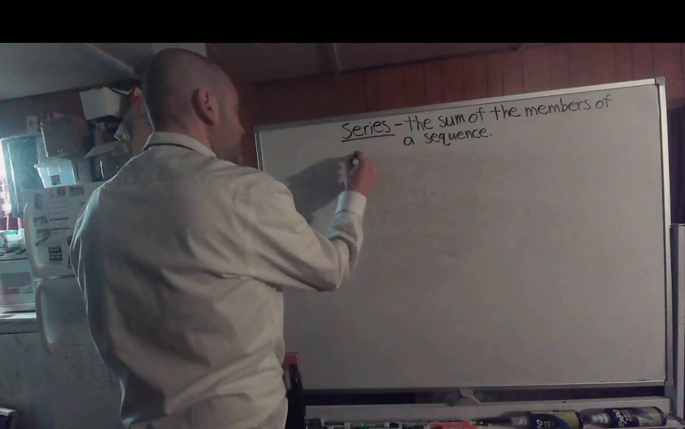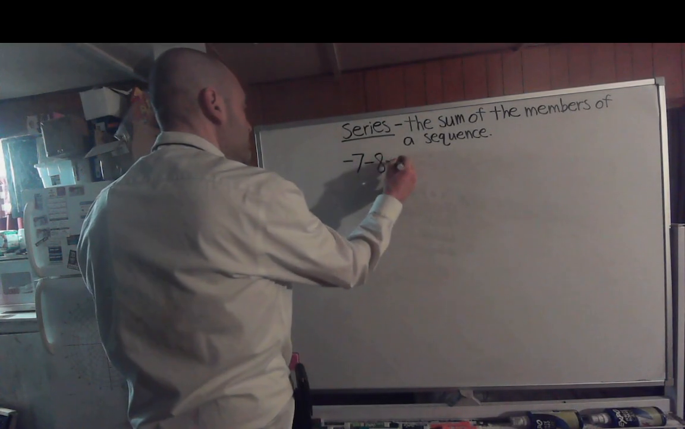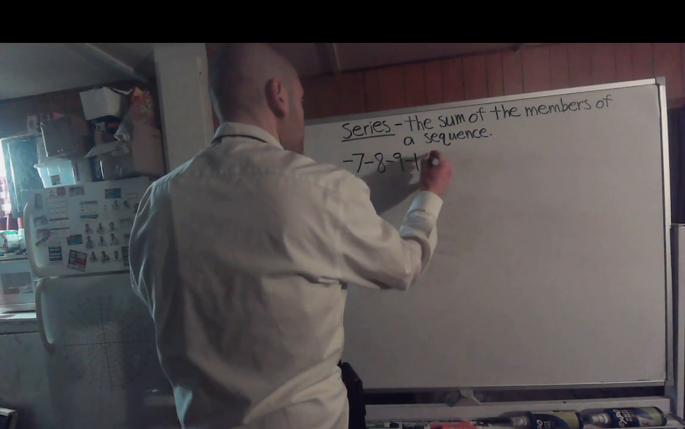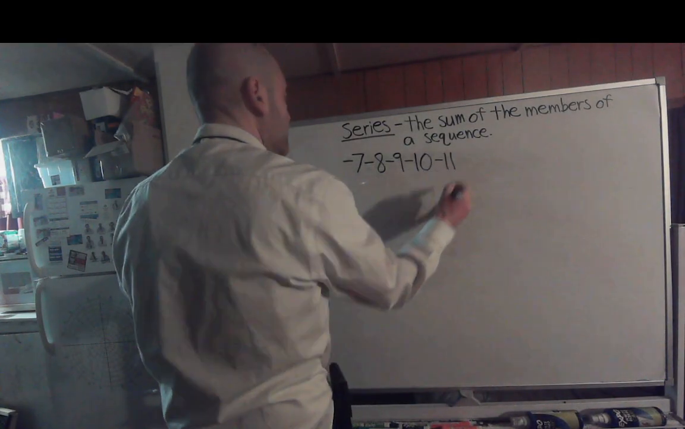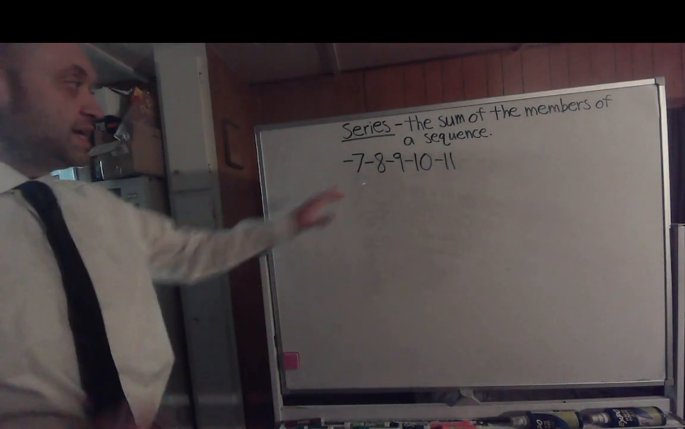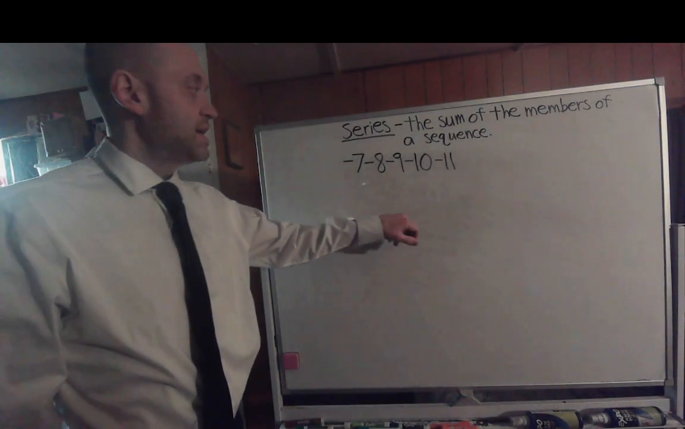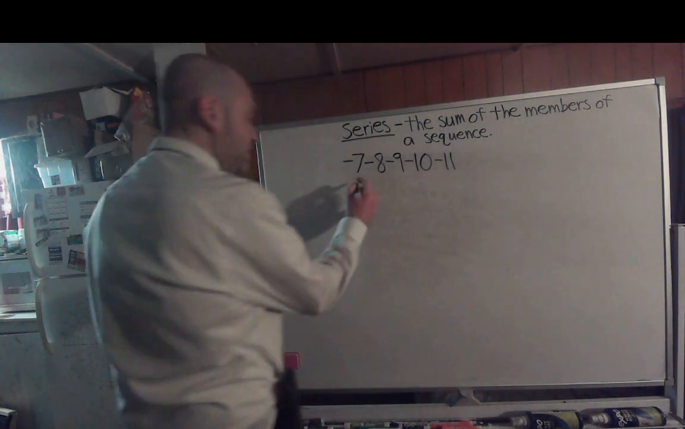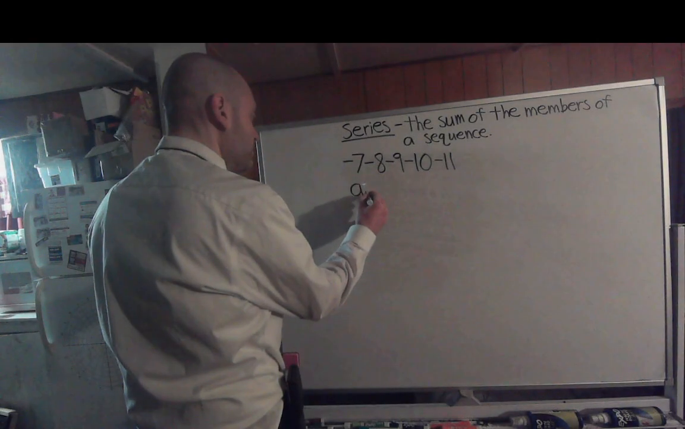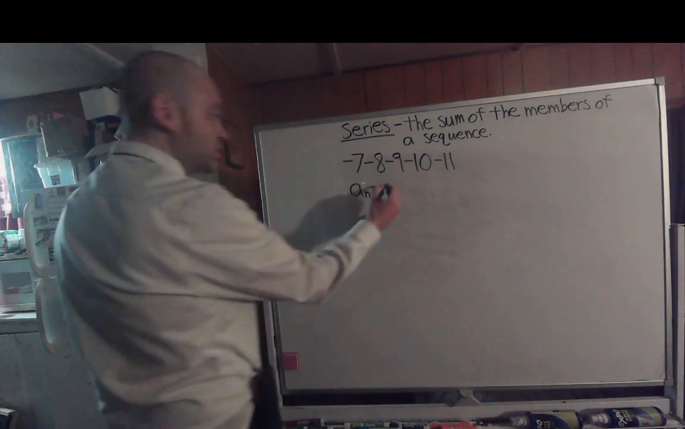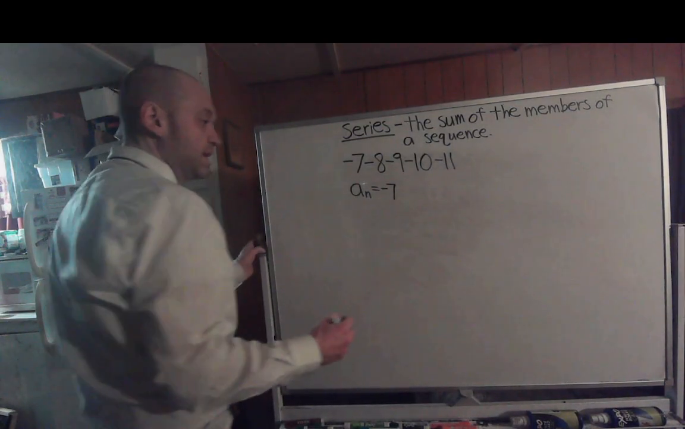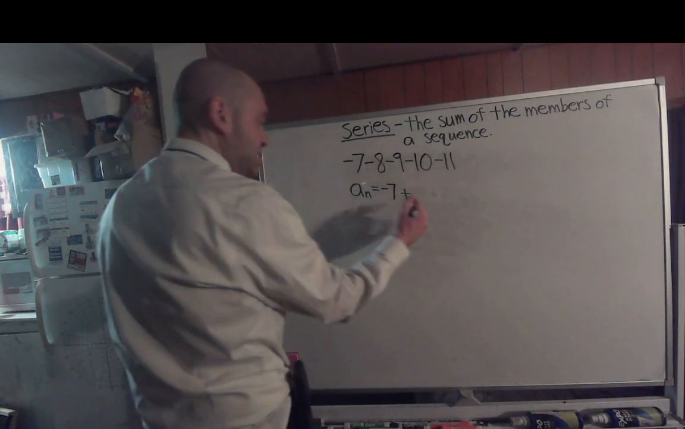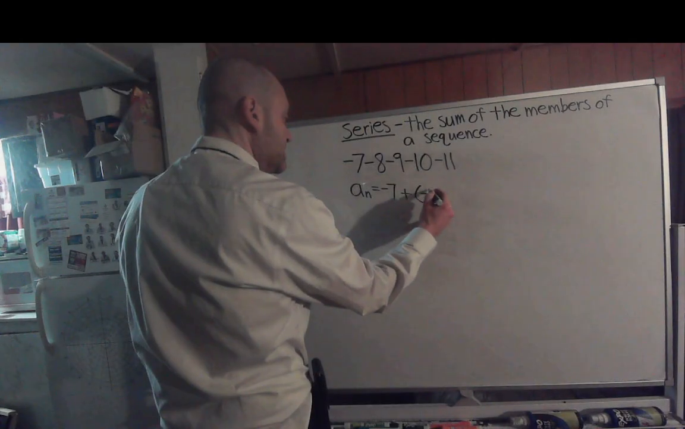Alright, let's see. Negative 7 minus 8 minus 9 minus 10 minus 11. Alright. So we have negative 7 minus 8 minus 9 minus 10 minus 11. So let's work on finding a formula for the sequence part of this. So we start with negative 7, right? And then we actually decrease by 1 every term. So this would be plus negative 1